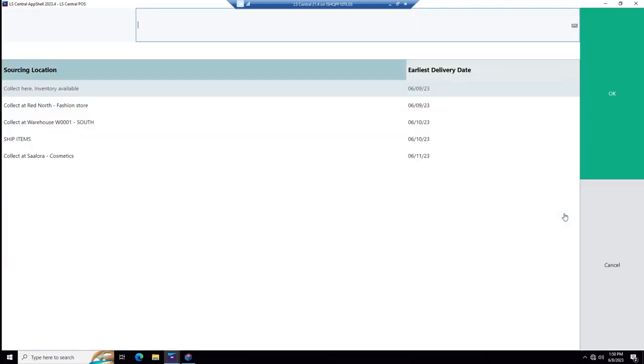Now we have a line marked for Britt, so we press total. Britt could have bought more items and taken them with her or not, it doesn't matter. The system can handle both. And here we have a list of options. So this is what we need to do. We need to decide, is Britt coming to the same store and collecting it, or does she want to go to this store, the fashion store, or even to this warehouse, or does she want to have it shipped, or in this store here, the cosmetics one. She wants to come to the same store, so we make sure that is what is selected.